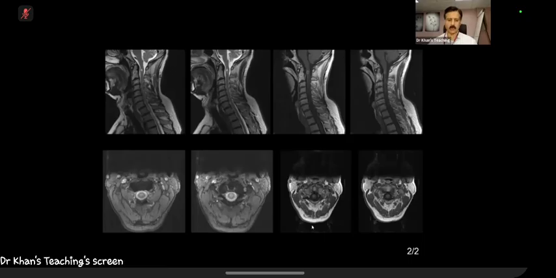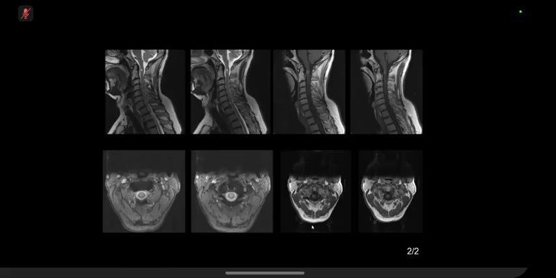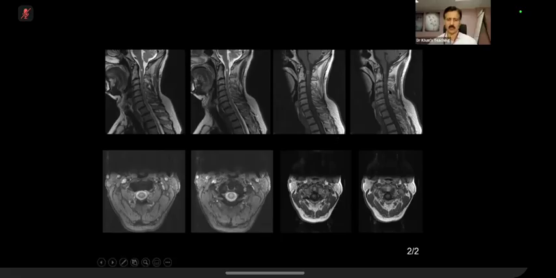Over to you. So I've given you dedicated imaging. This is post-contrast. Okay. This is post-contrast. Post-contrast, this one. This is post-contrast. Okay. So